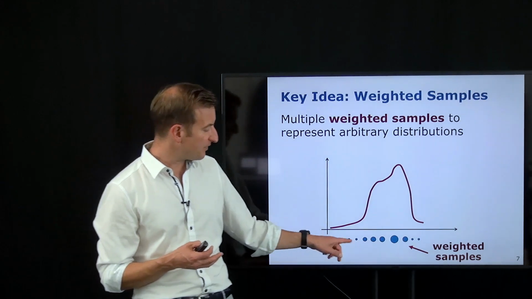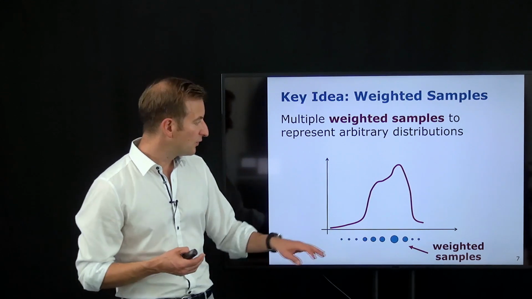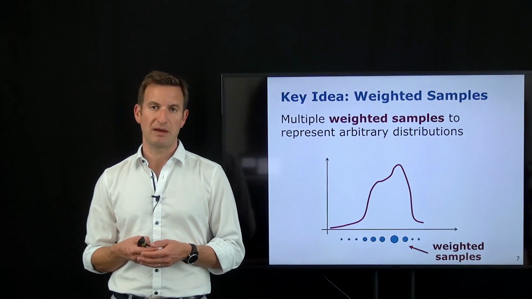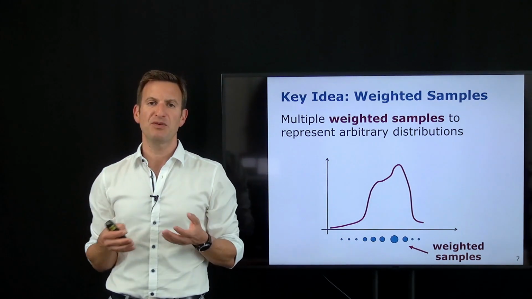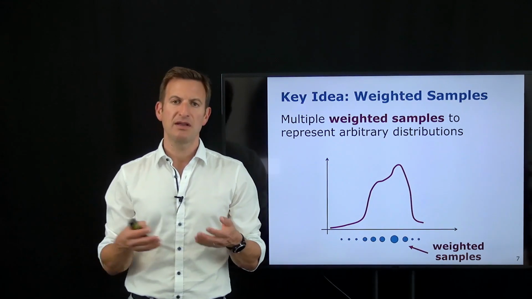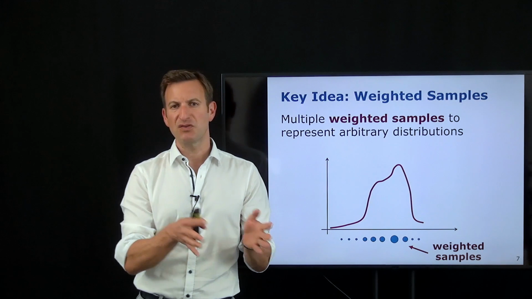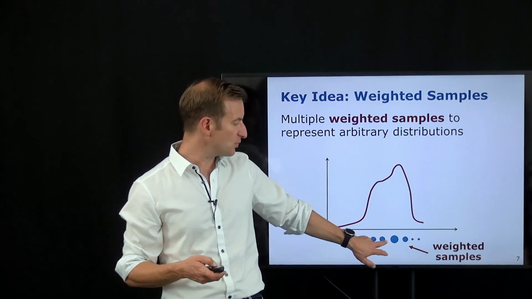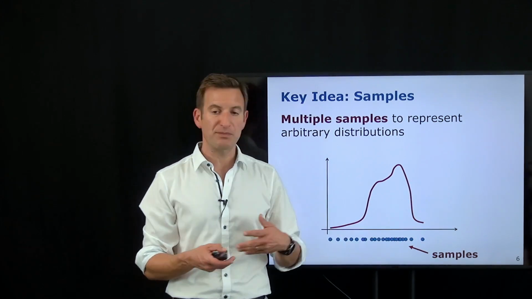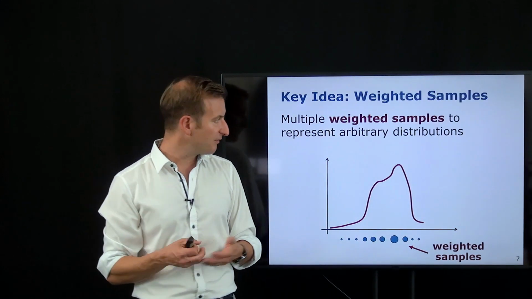So that could look like this. In this case, we have weighted samples. The size of the circle here should indicate the weight of the sample. So in areas with high probability, we have larger samples, and in areas with low probability, we have smaller samples. We can see this as representing areas of high probability with larger samples instead of a larger number of samples. So it's basically frequency versus weights. This is a weight representation where areas of high probability are represented with weight, and this is a frequency representation, where the frequency actually matters, how many samples we have there. But it's a very similar thing.